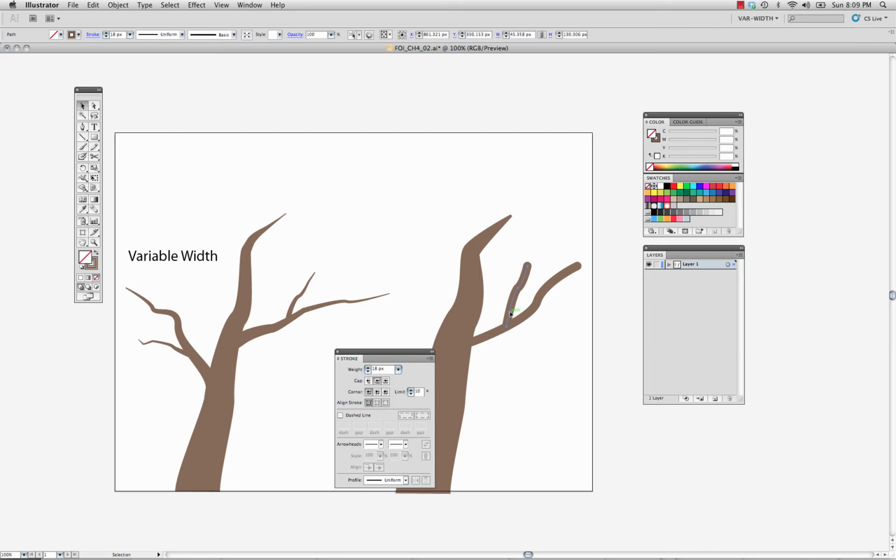We'll start with this branch here. Let's grab the Width tool and click right on the middle anchor point. And on the end point, let's pull that in. Why don't we actually move this one down? Let's select right on this anchor and move it down a little bit. Let's select this branch, grab the Width tool, click the end,